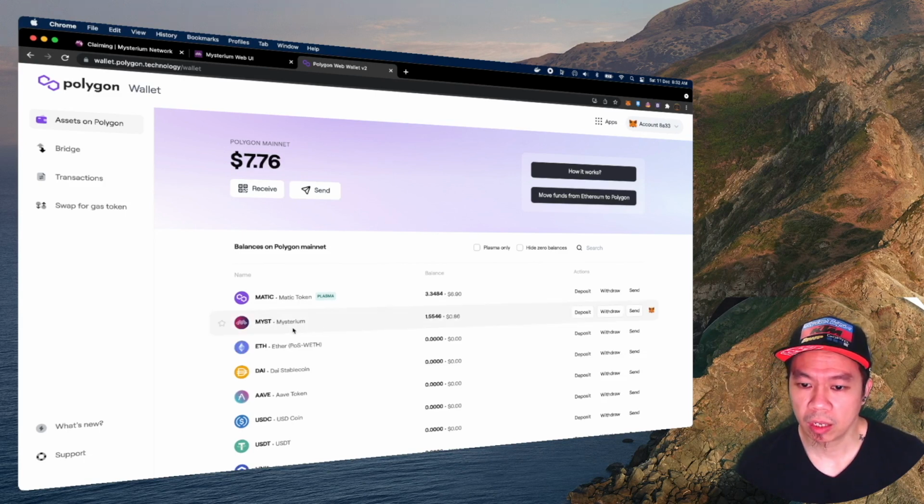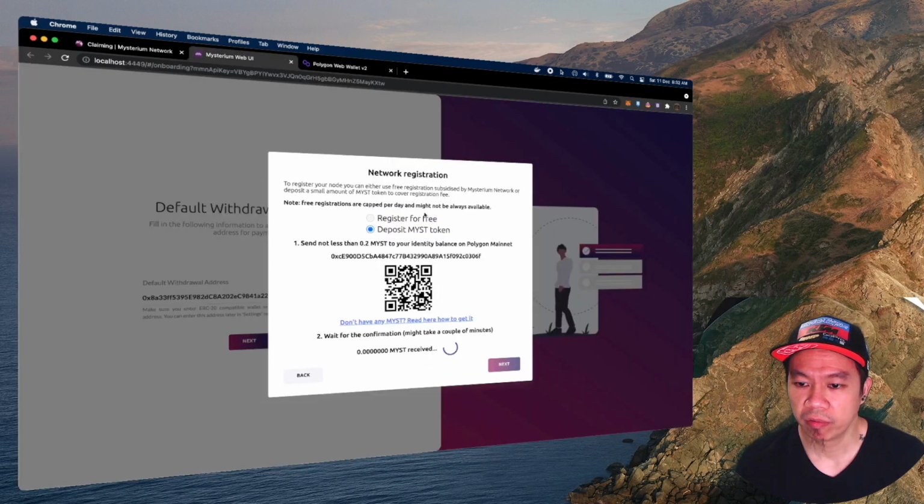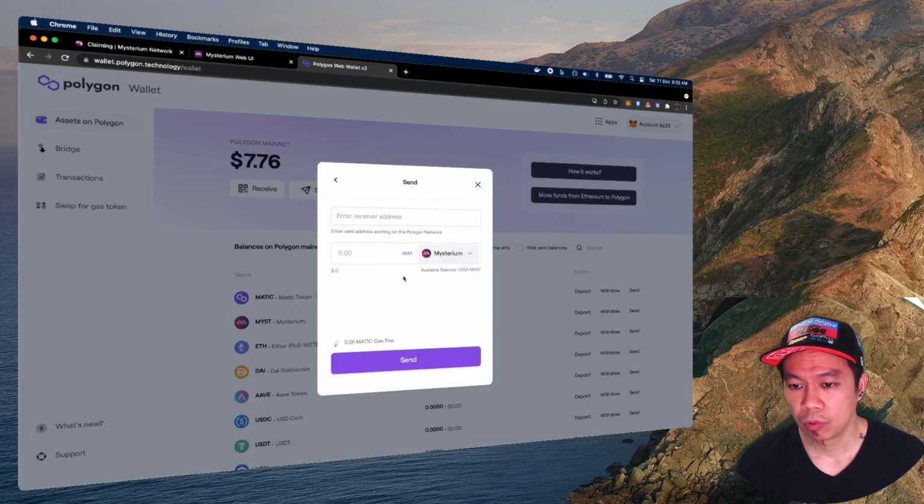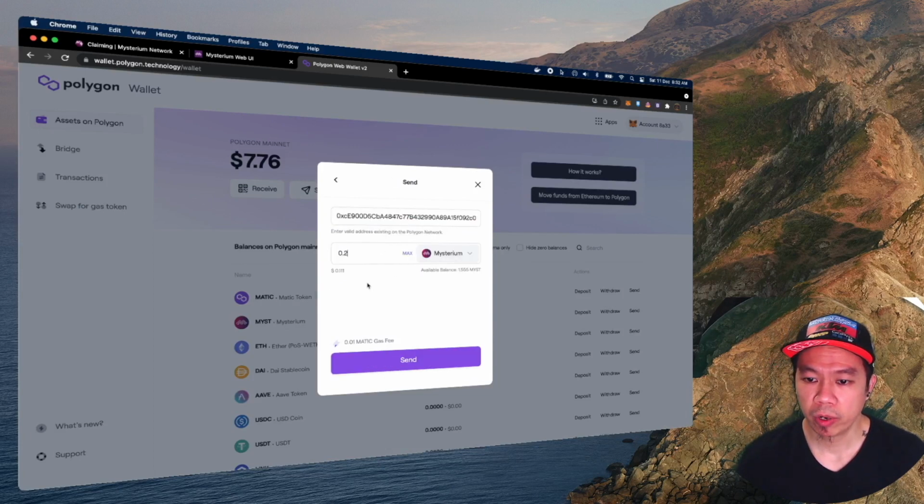Our MIST token is the Mysterium, which currently I have 1.55 here, and then I copy the wallet address which the Mysterium node gave us an instruction to transfer 0.2 to. So we click send here and continue, and then we paste the address, then we key in here 0.2 MIST